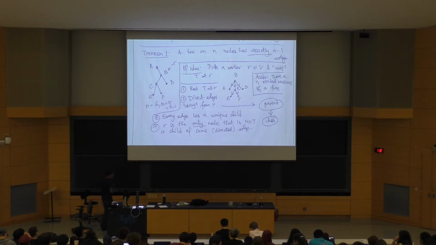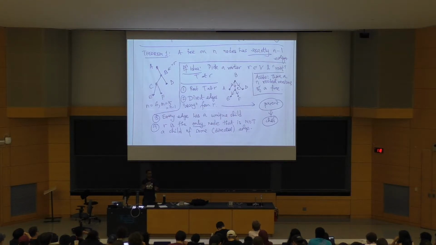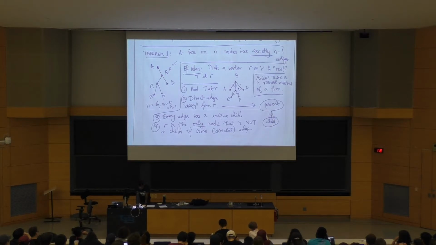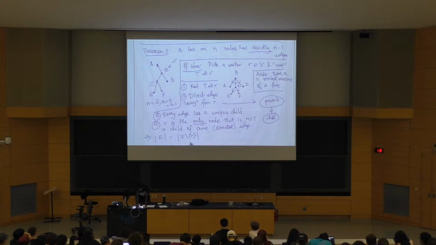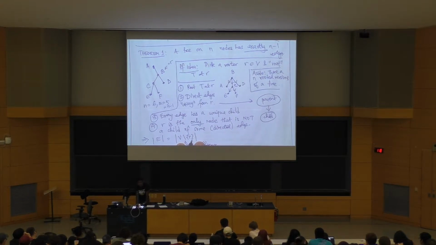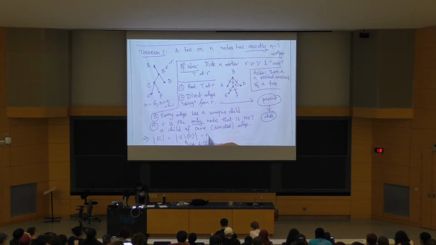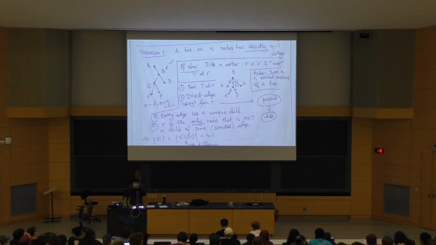Okay. So what I've said is, every edge points to exactly one node, and every node that is not the root has an edge pointing towards it. So there's a one-to-one correspondence between the edge and the child. Okay. So this implies number of edges. Okay, so this is the set difference operator. So this means this is the set which has everything in V except this set R. And again, remember, this is the size of this set, right? So this is n minus 1. So this is the basic idea.